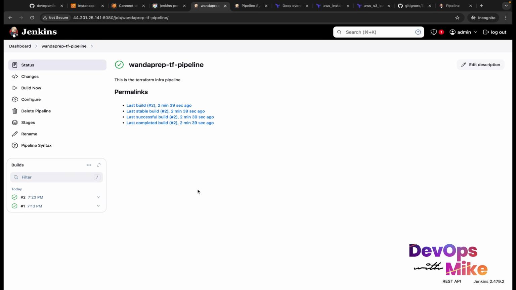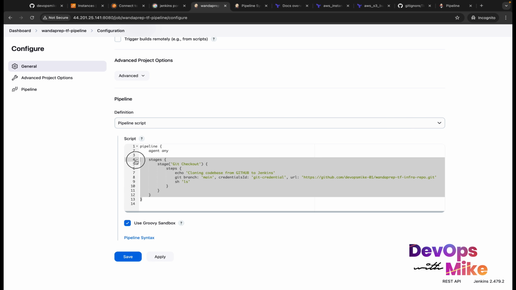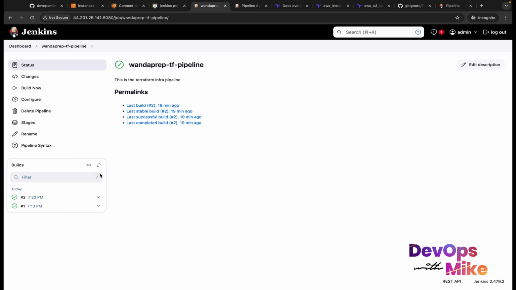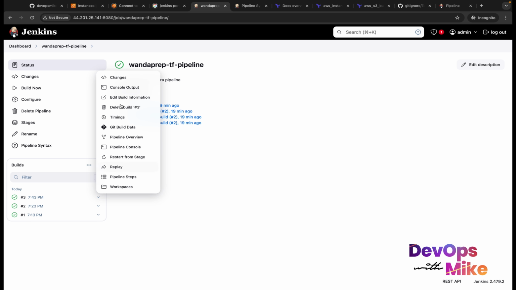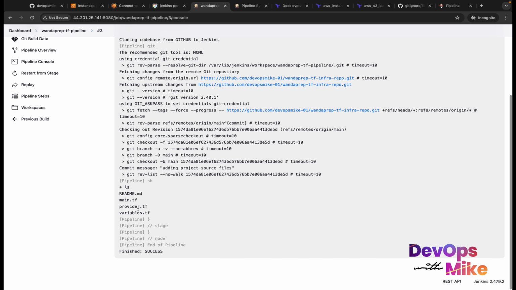Now let's go ahead and set up our Terraform pipeline. Remember in our previous module, we were able to create a stage that will get all of the code from our GitHub into our Jenkins server. So if you do a save and then you do build now, you should be able to see that you have all the configurations. If you come here and check console output, we will see that we have our